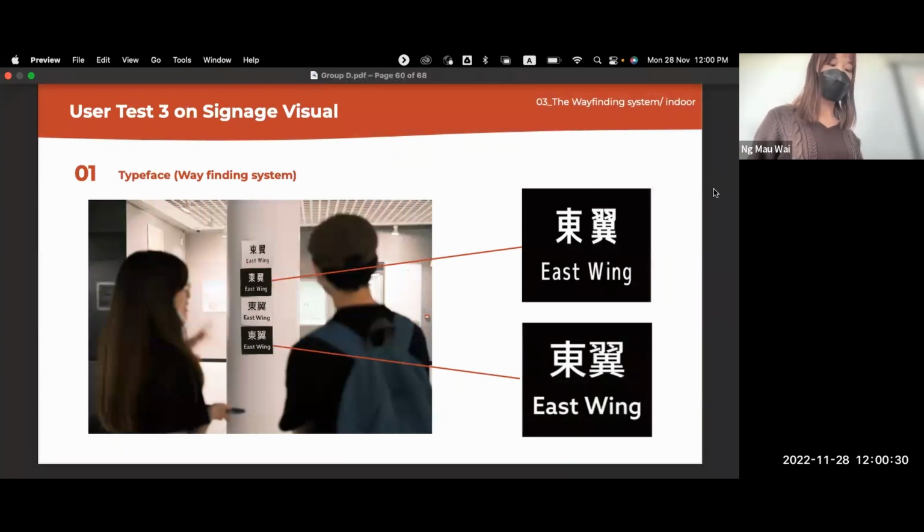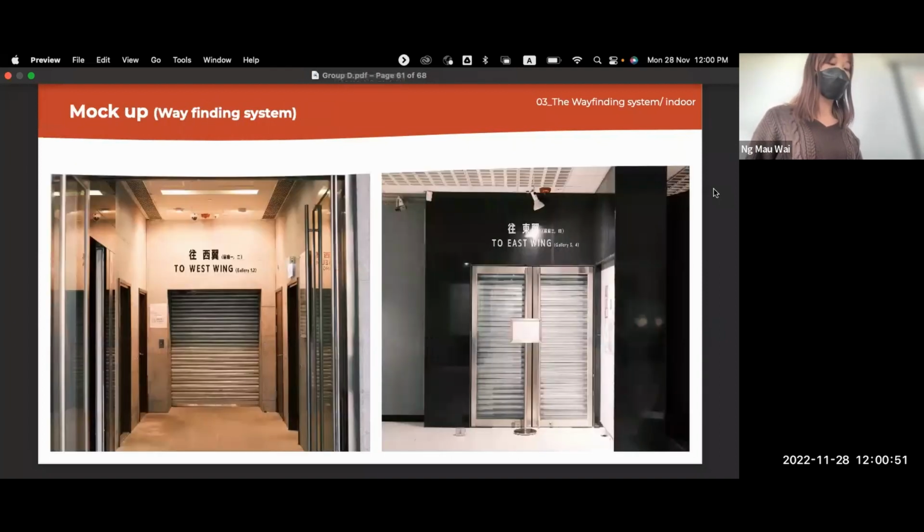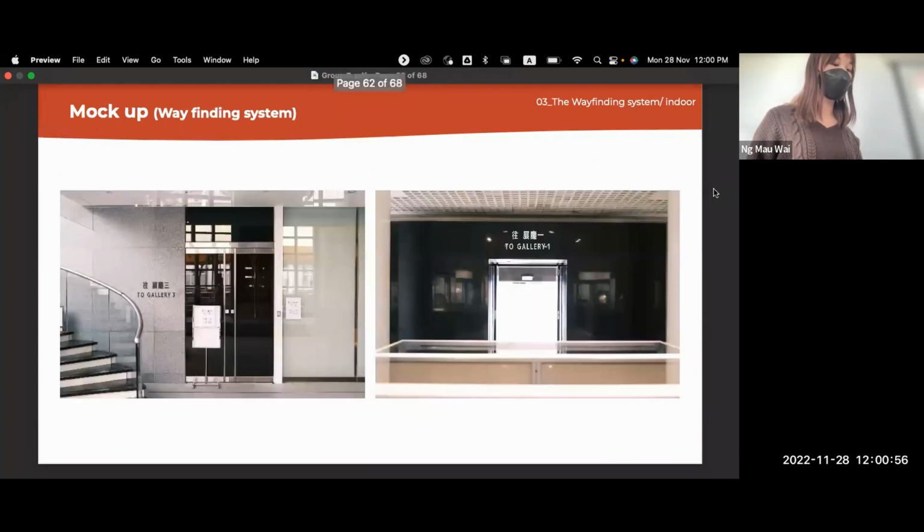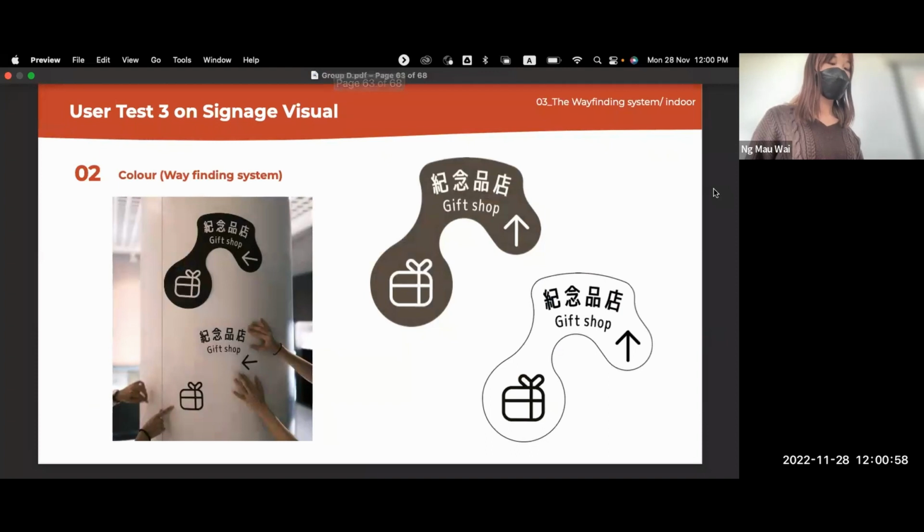And here is user test 3, and we focus on the signage visual this time. The first thing we tested is the typeface. For the top one, we use Zenobia for both Chinese and English typeface. And for the second one, we use Ziyun Heptype for Chinese typeface and Azu Song for English typeface. And the users commented that Zenobia will be better because it is thinner than the other and matches the concept. And here are the mock-ups for the wayfinding system after testing the